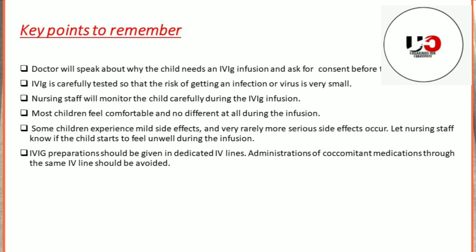Another main thing we should know is concomitant medications. While giving IVIG, it should be run in a dedicated single IV line, and we should not use that IV line for any other medications, because some medications may not be compatible with IVIG, and some will leave a precipitate in the IV line, which can cause adverse or allergic reactions in the patient. If you are using the same IV line, it should be flushed with 5 to 10 ml of sterile water or NS prior to starting the IVIG therapy.